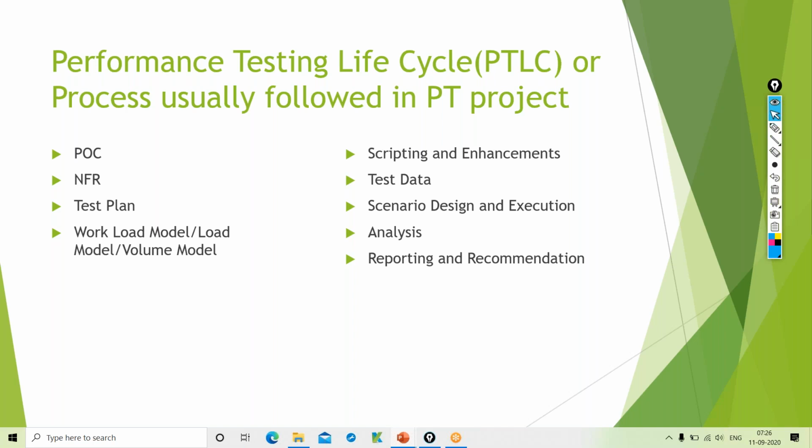Here, as part of NFR gathering, there will be three scenarios. The first case is that the application is already in production.